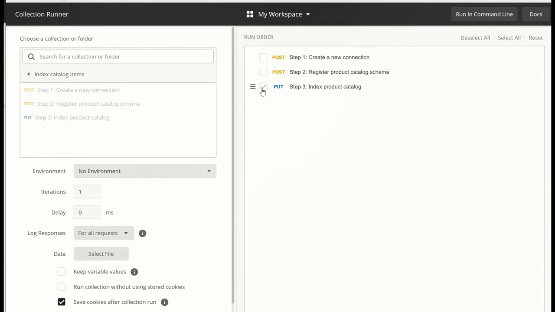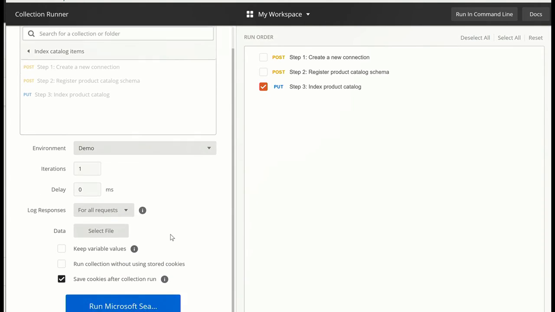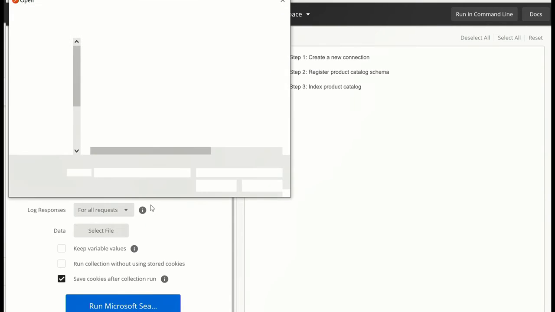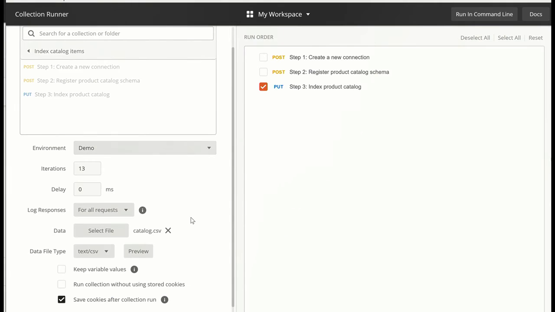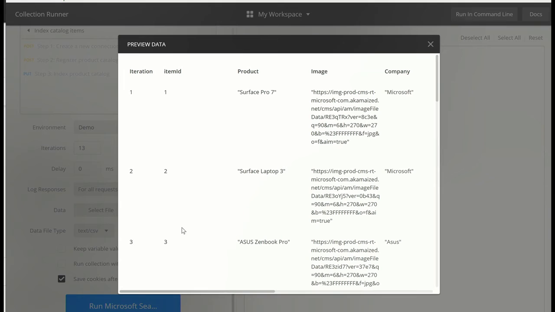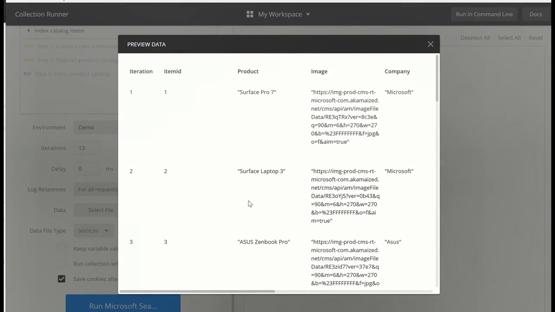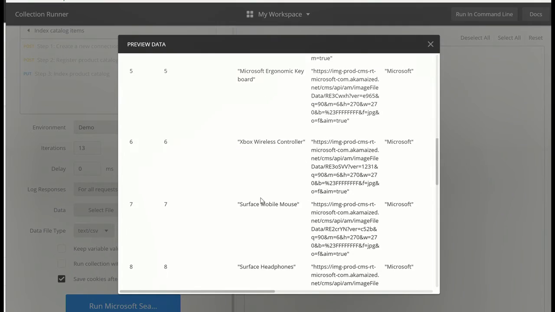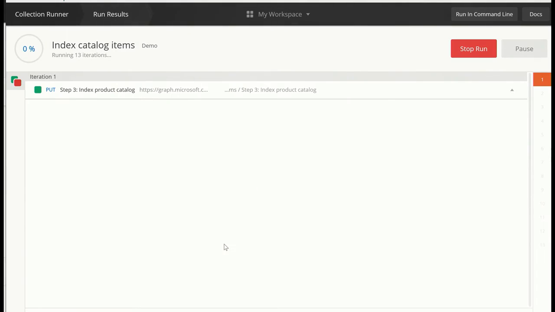So I go and pick the right API, which was the index product catalog API. I select the environment and select the source file, the CSV, where all this information was present. Postman also shows a nice little preview of the CSV content, which you can see here. So once I'm ready, I can go ahead and run this